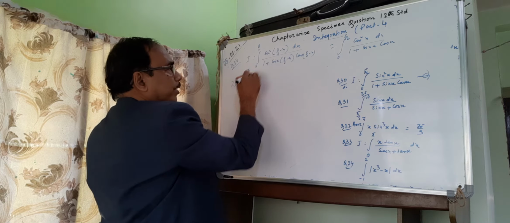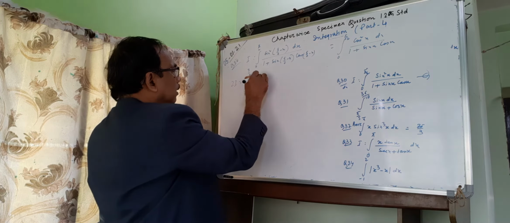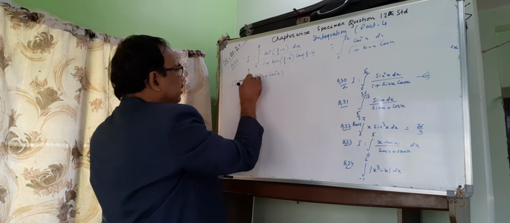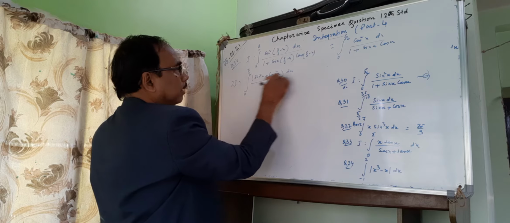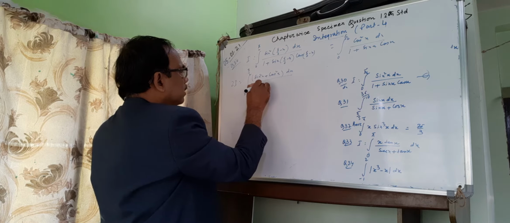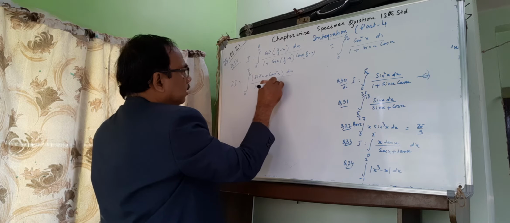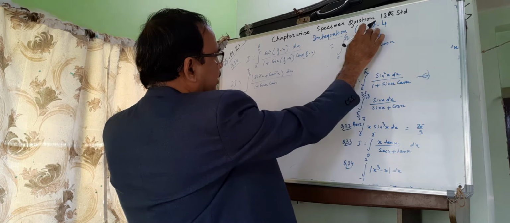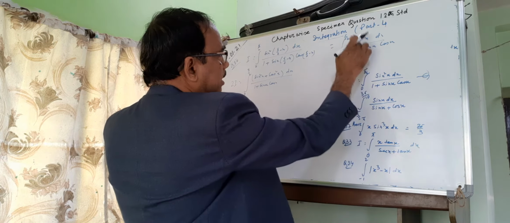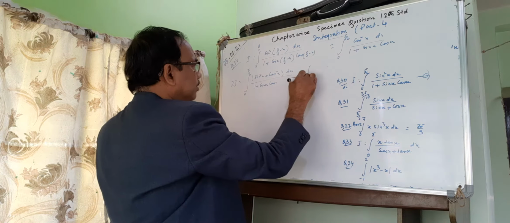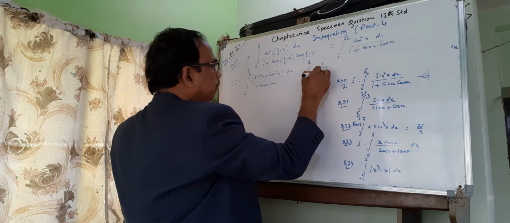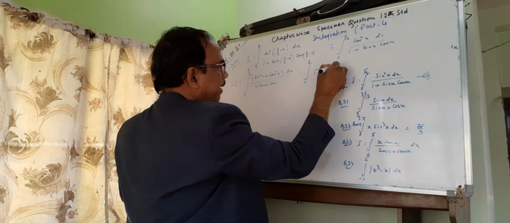0 to pi by 2, sin square x plus cos square x dx over 1 plus sin x cos x. This is I, this plus this. Adding this and the LCM is this, that is 1. That is 0 to pi by 2, 1 by 1 plus sin x